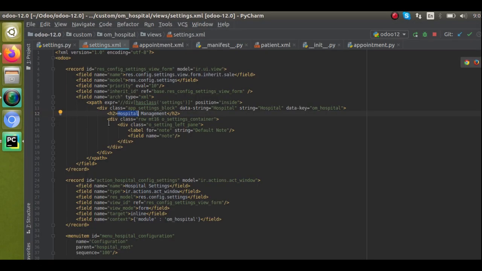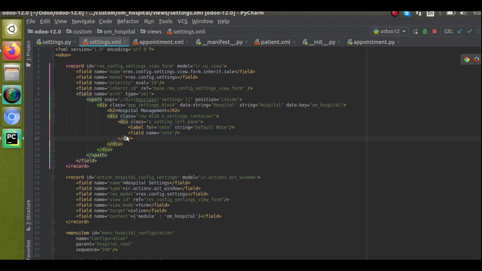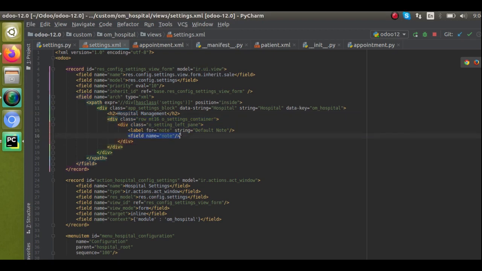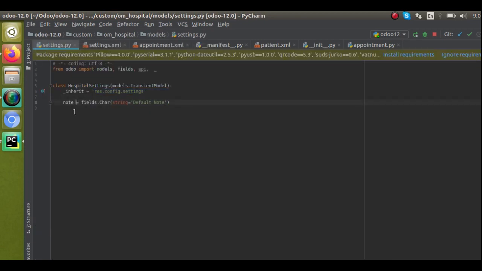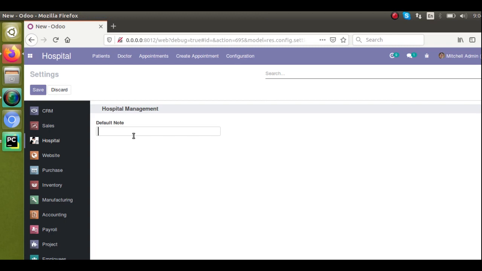Then you can see inside the div I have just defined the field name equal to not is given, which was defined here. So that's all about what I have done already, but there is an issue. What issue is that? If I write something like "like and subscribe this channel", and I click on the save button,